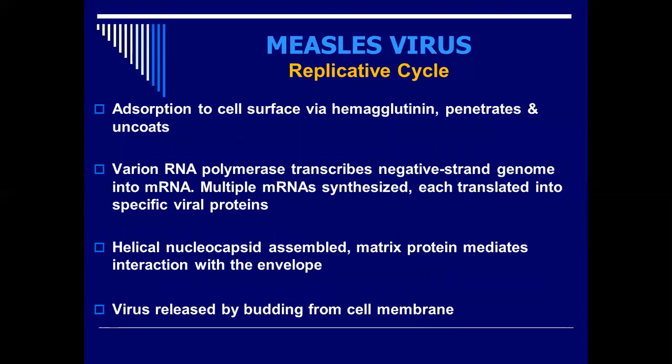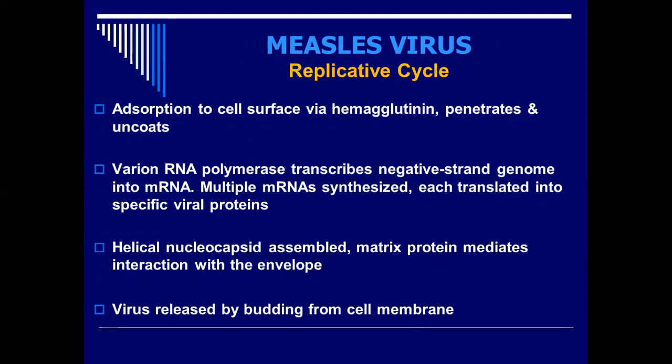Now, if you look at the replicative cycle, I will take a few minutes on the replicative cycle of the measles virus, and the rest of the viruses like mumps, RSV, and parainfluenza almost have the same replicative cycle. So we'll not discuss that in the rest of the three viruses. So let's take a few minutes. In case of replication of